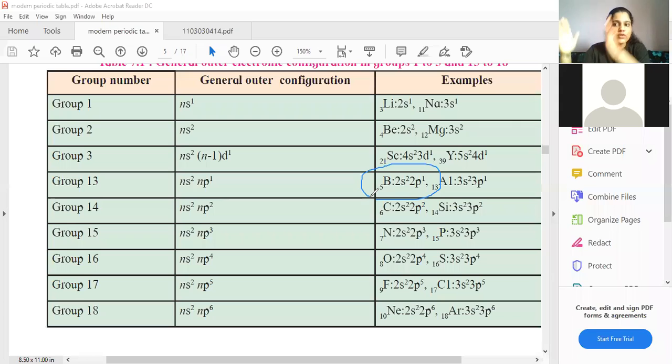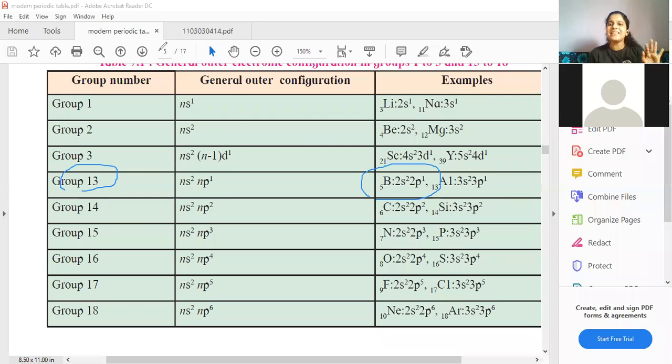Now students, we know that in the p block there are altogether 6 columns, right? The first column will have configuration p1, the next will have p2, going till p6. And the first column of the P block is group 13. So if I give you just boron, you write the configuration, and you see the valence electron is going into 2p1, which means that boron is part of the P block. Because it is p1, it is present in the first group of the P block, which is group number 13. And because the main shell is 2 over here, it is part of the second period.